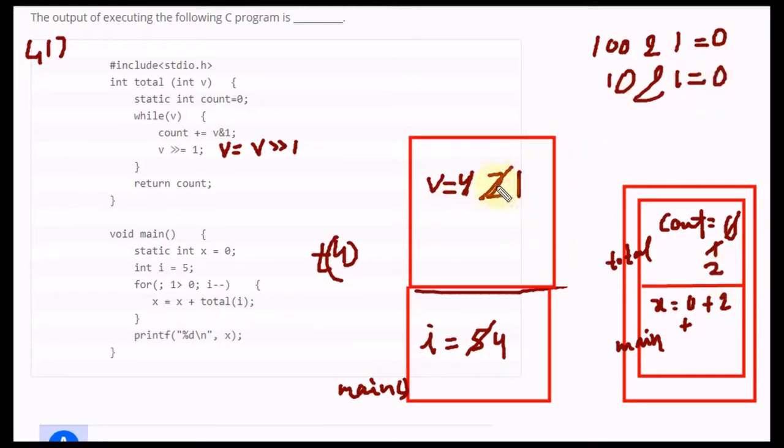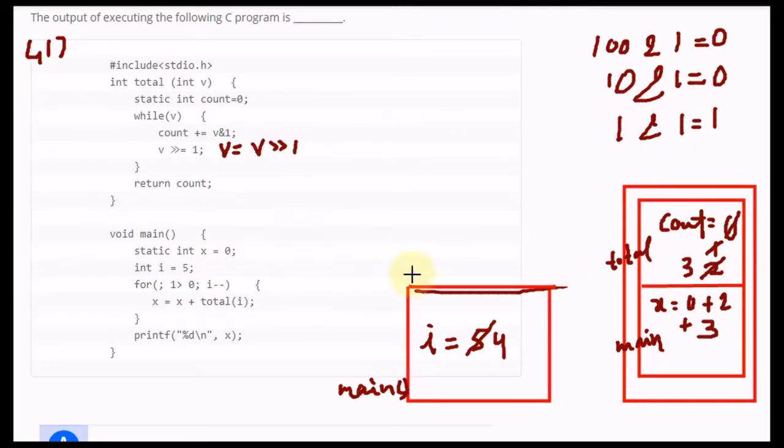So this value after accept this will be 1, and again 1 and 1 will be 1 in here, so this value will be updated to 3. Okay, now this value will be 0 after right shift, so this condition is false. Now this count will be written in here, so count value will be written from here to here, and that's why this 3 will be added in the x variable. So now this was the last line, and that's why this function will be popped out from the memory.